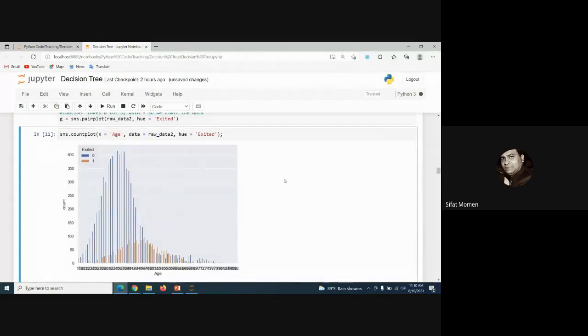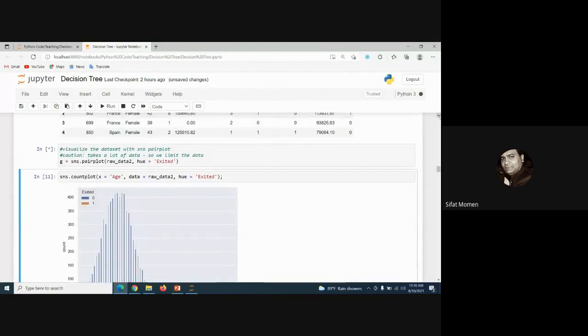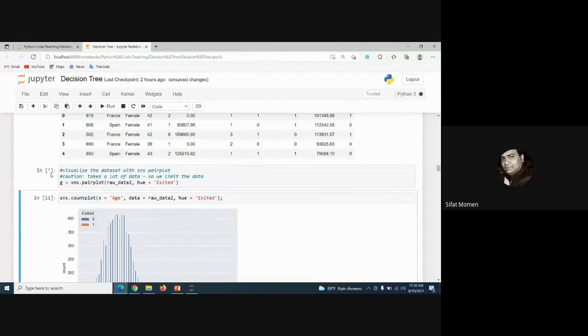Okay. Now if I run this one, it's going to take a little bit of time. That's unfortunate because pair plot takes a lot of time, and you can see it's running and running. You can also see that this particular notebook is busy right now. So you need to use it with caution. If you have too many columns and too much data, maybe you need to limit the data. যেগুলো important part, যেমন আমি এখান থেকে অনেকগুলো কলামস বাদ দিয়ে দিয়েছি।